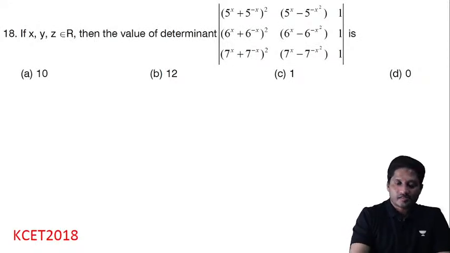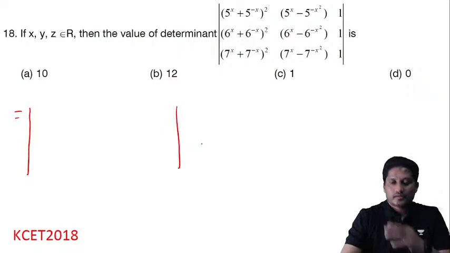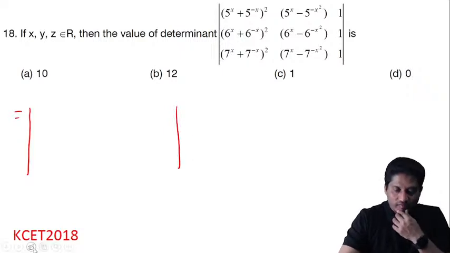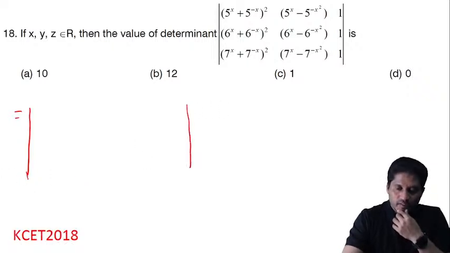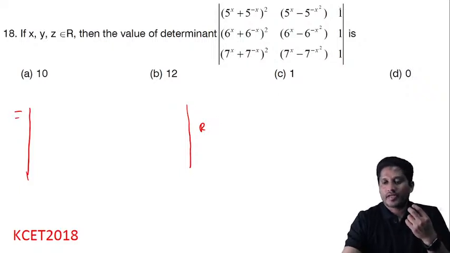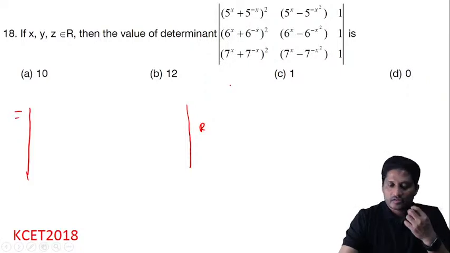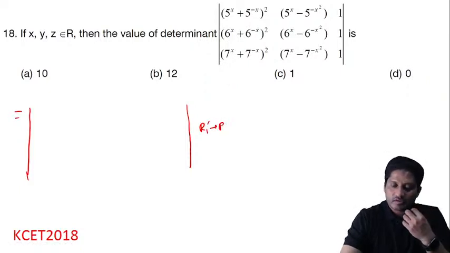Okay, now listen. Equal determinant of, if I change R1 to R1 minus R2, okay, if I change R2 to R2 minus R1, whenever you have 1 1 1, anyways you have to make any two zeros, right? So if I change R1 to R1 minus R2,